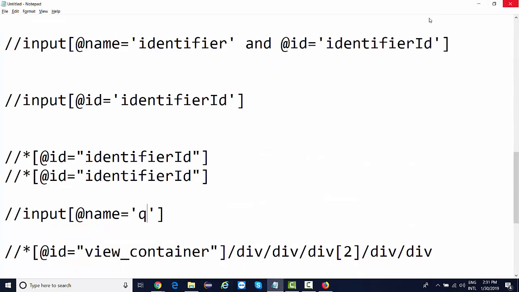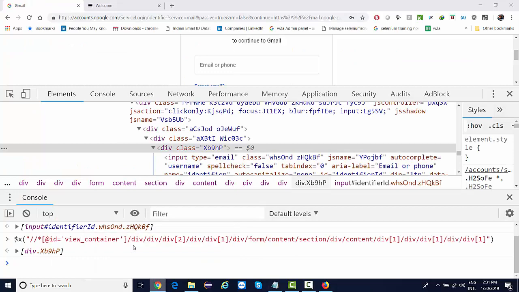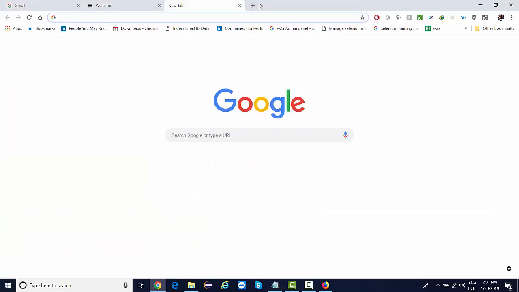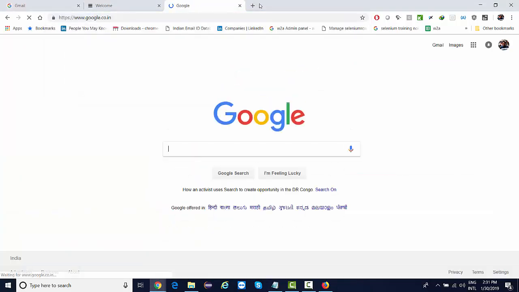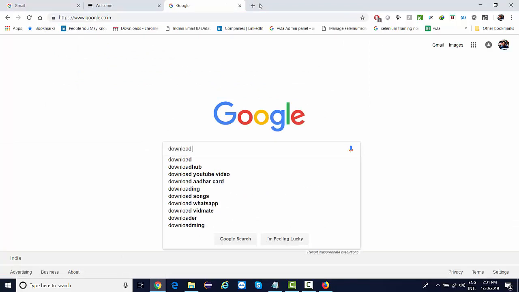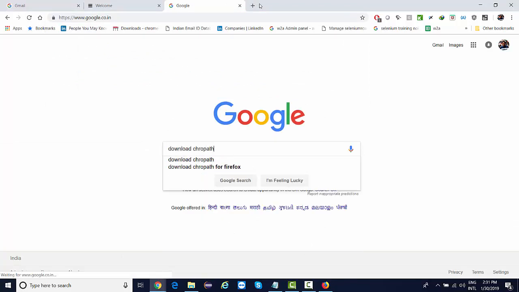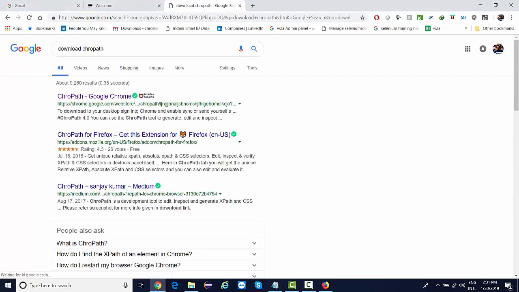Now, in case you want to add any third-party extension, there are so many extensions available. One of the popular ones is called ChroPath, which is available for Firefox as well as for Chrome. So you can simply search and download ChroPath. It's an extension for Chrome, and it's available as an add-on for Firefox. So if you click on this,